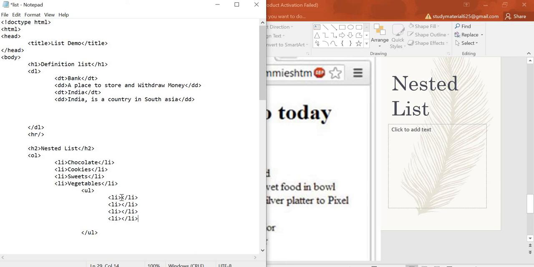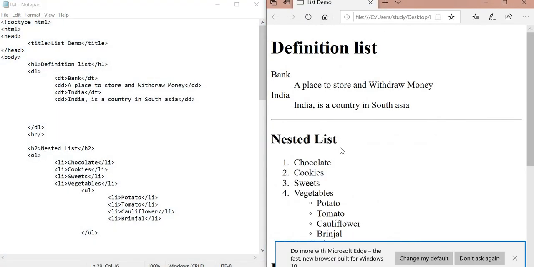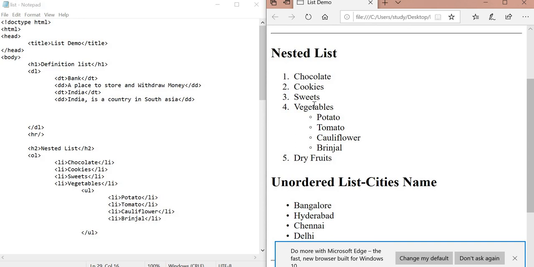So inside vegetables I want potato, tomato, and then cauliflower, and in the last brinjal. So let me open this page. Refresh this one. So as you can see, this is your nested list.